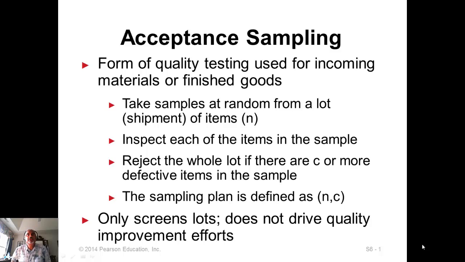The next topic is called acceptance sampling. Acceptance sampling is a screening activity. It does not add quality to a product, an existing product. Acceptance sampling is about taking a sample from a lot of parts, testing only the sample, and making a decision